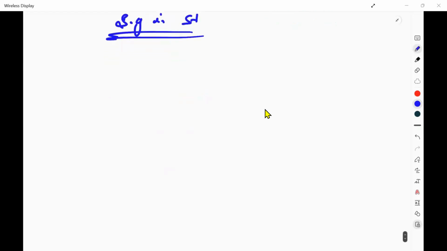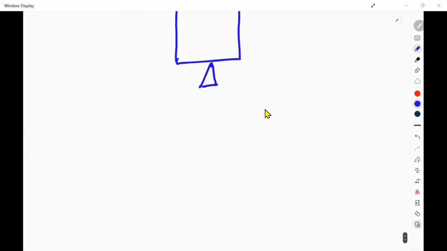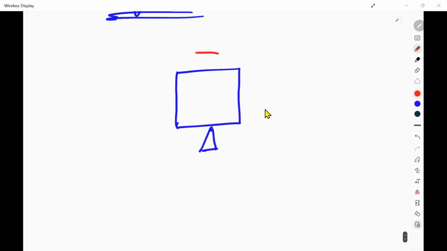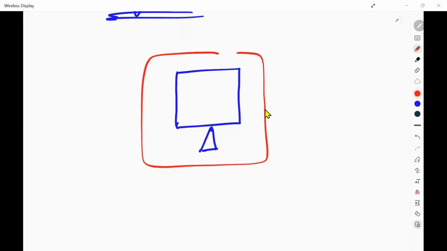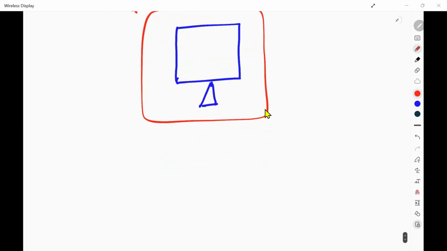Just to give you a brief about this: this red one is my security group. What is it doing?